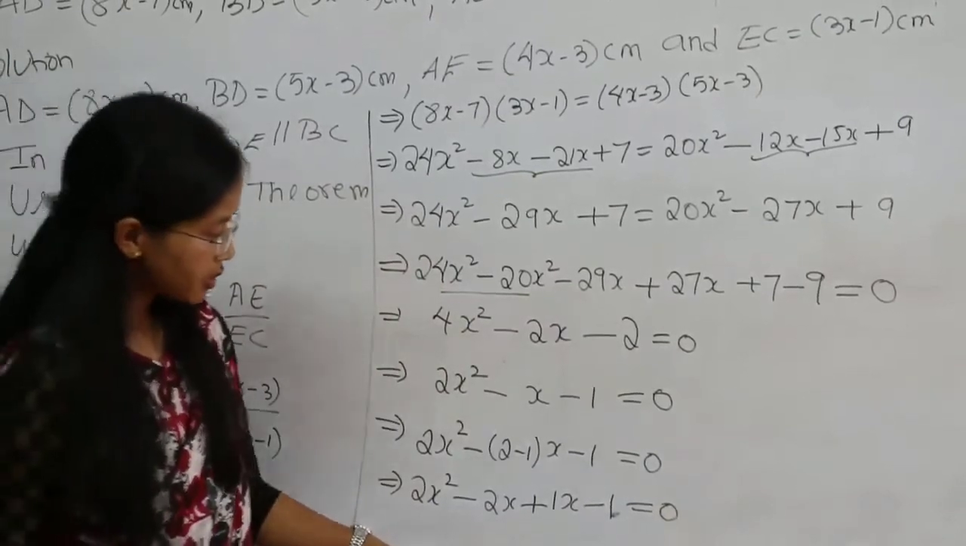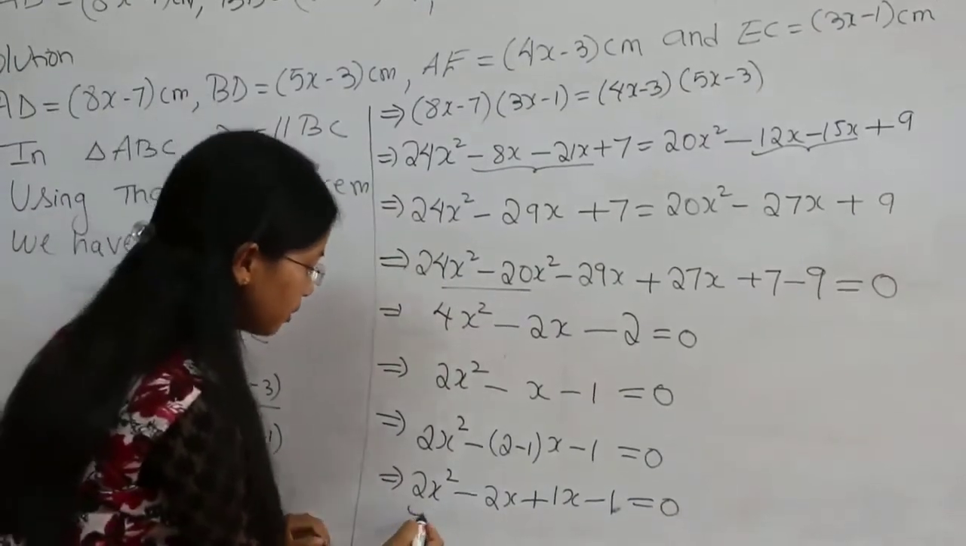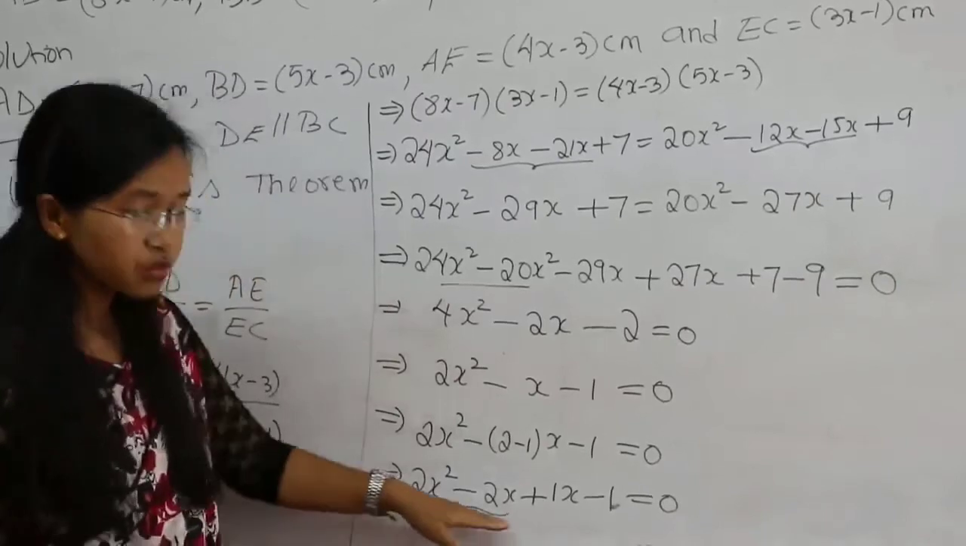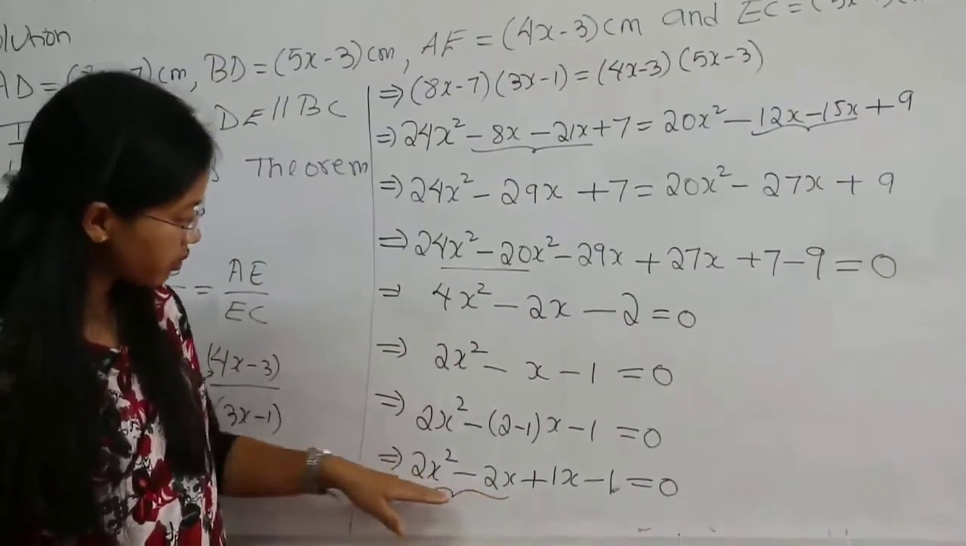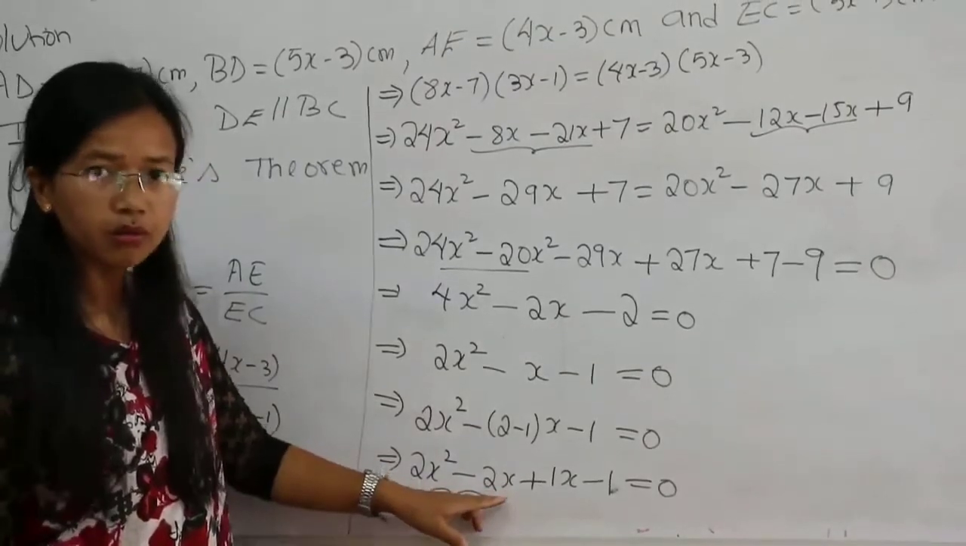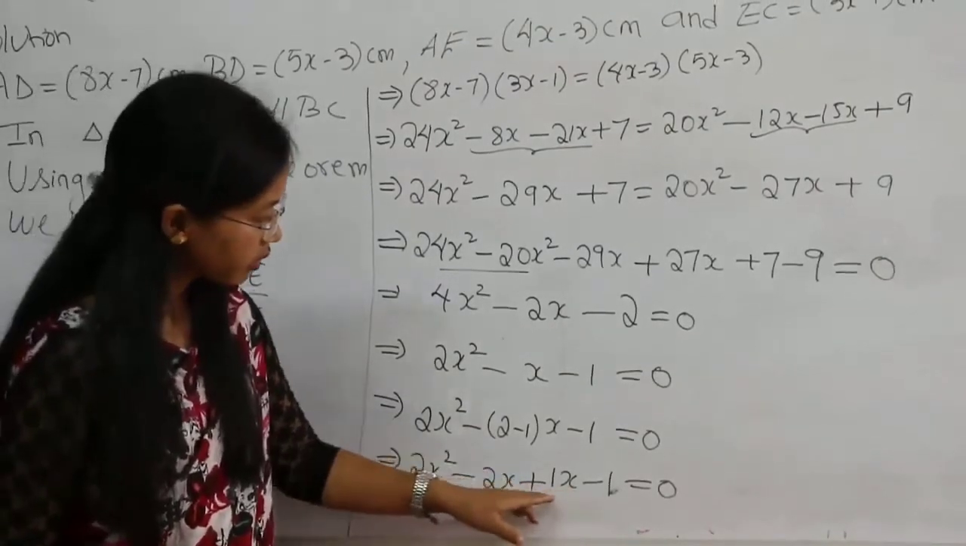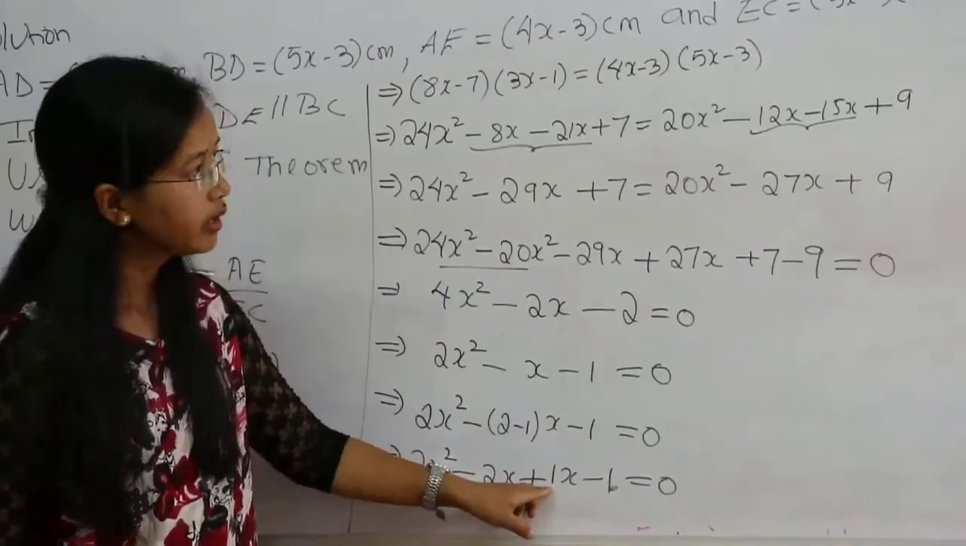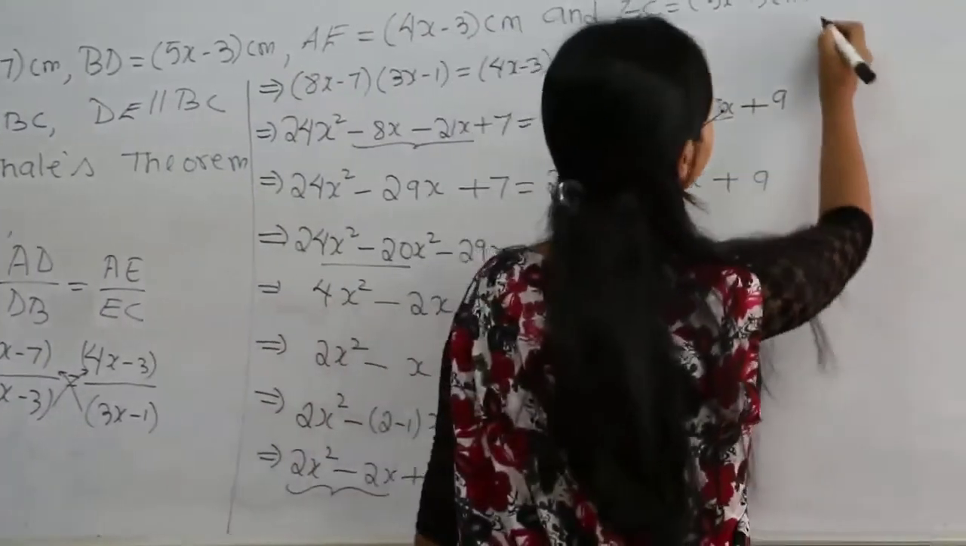Right? So from here what you will do, taking common from these two terms. What is common from these two terms? 2 is common. X is also common. Right? From here the common is only 1. So we will get,